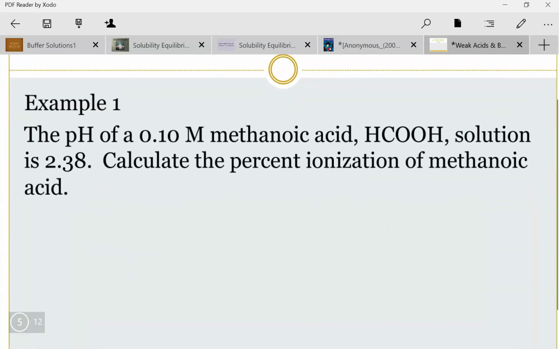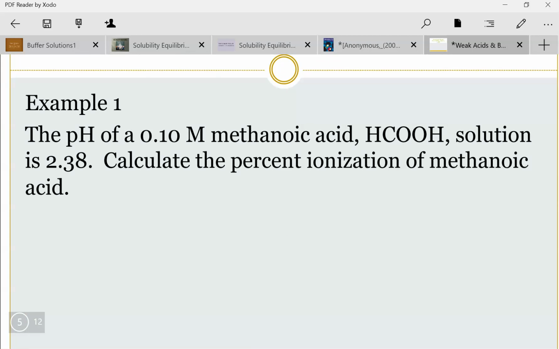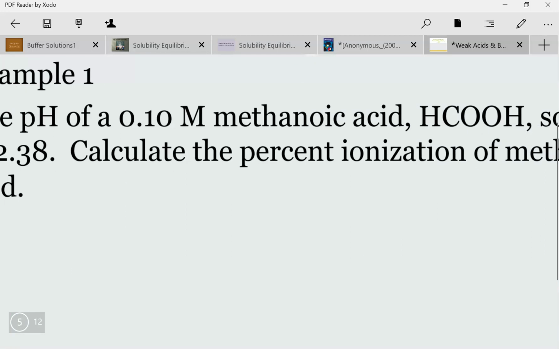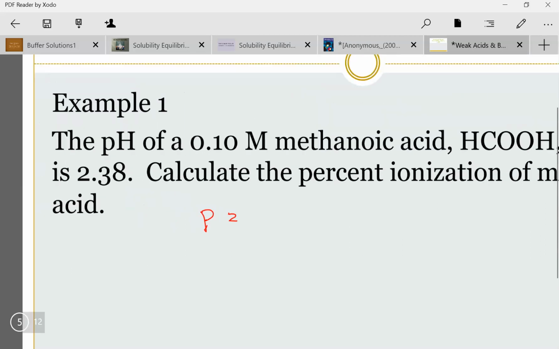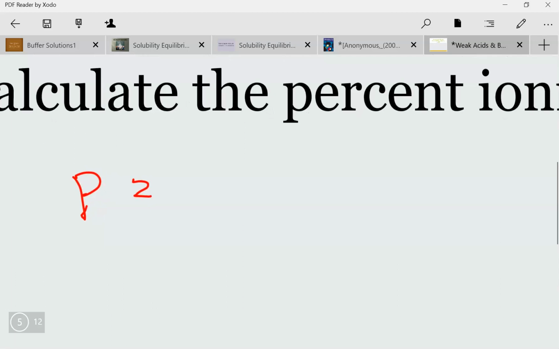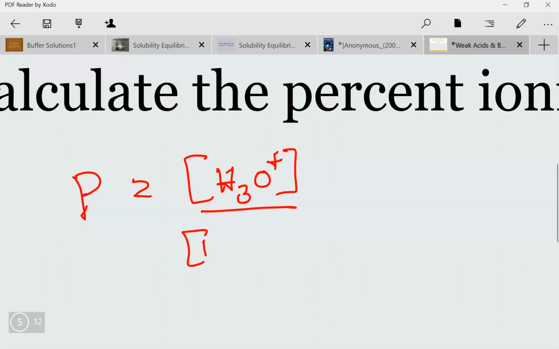The pH of a 0.1 mole per liter methanoic acid is 2.38. Calculate percent ionization. So you might think about starting with a nice table. It's important to just look and see what you have, look at your formulas, and see what you need to calculate. We know percent ionization is H3O plus divided by methanoic acid,